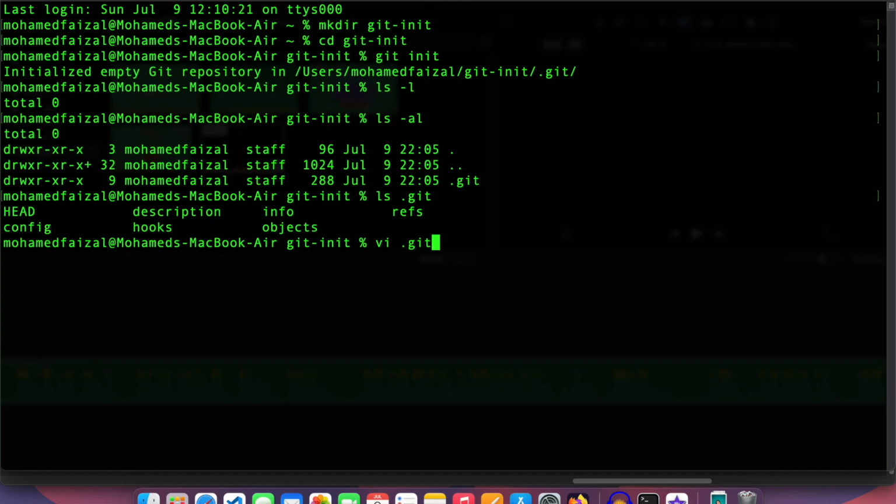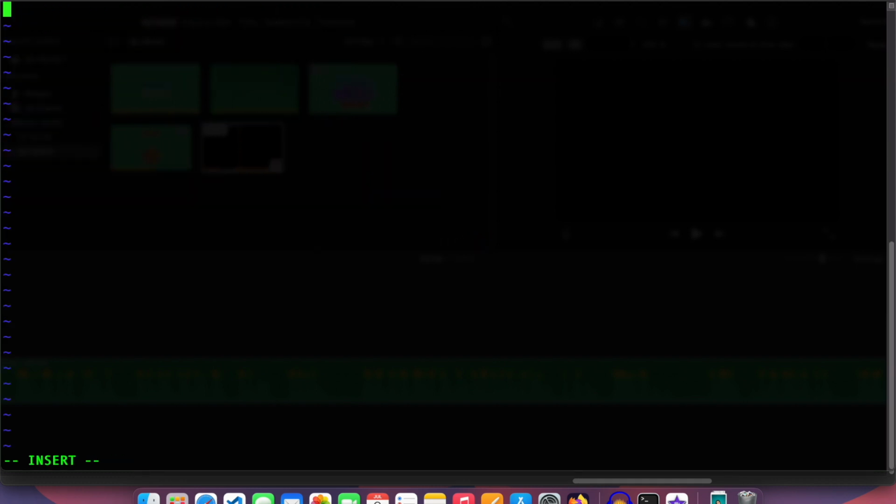Some additional information with git init. After initializing a Git repository, you can start adding files, making commits, and utilizing other Git commands to track changes in your project. Remember to create a .gitignore file to specify which files or directories Git should ignore when tracking changes. This helps exclude unnecessary files such as temporary files or sensitive information like passwords from being added to your